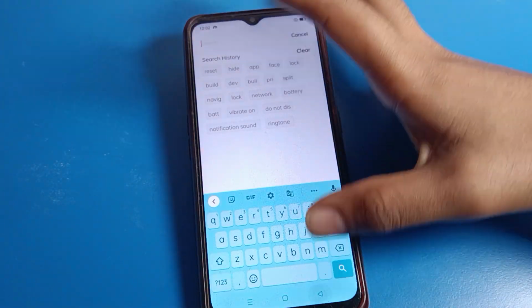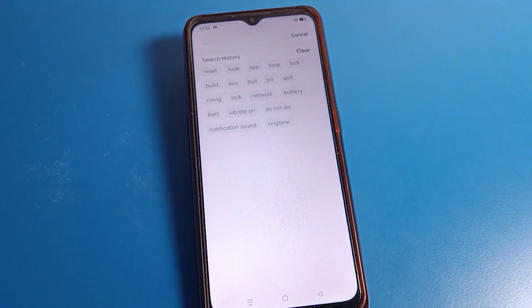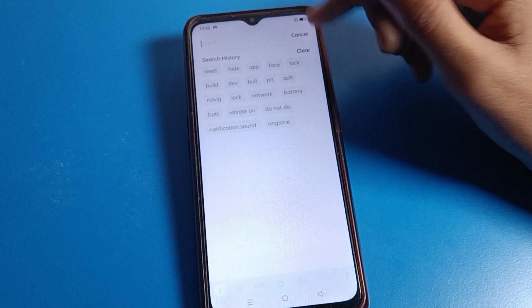Today, friends, we are going to talk about Oppo phone settings, and I am going to show you how to turn on voice typing on an Oppo phone device. Friends, if you want to turn on your keyboard voice typing, so how to turn it on